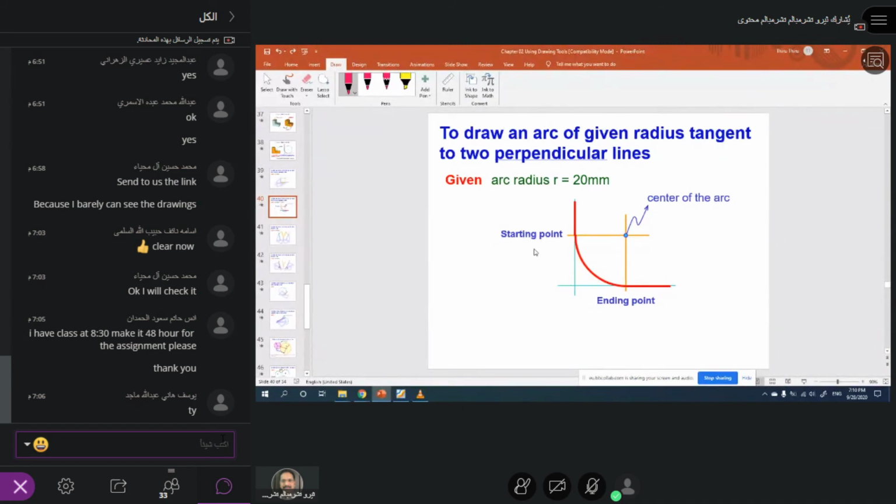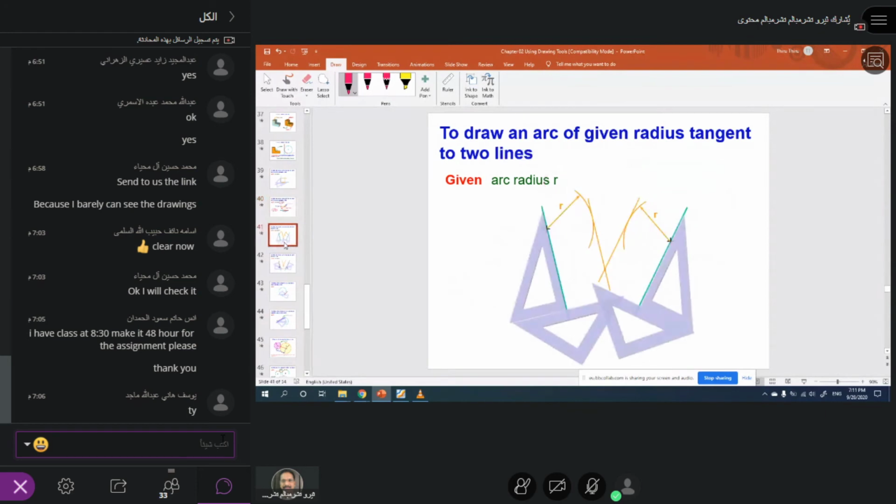So first draw this line and take the radius 20 mm. From there you make the square for 20 mm and find out the center point. Take this as the center and 20 as the radius. Cut it here and then join it and extend this line, and this is your radius 20 mm. Is that clear? Do it now. This is your first exercise. Take radius as 20 mm and draw this radius first.